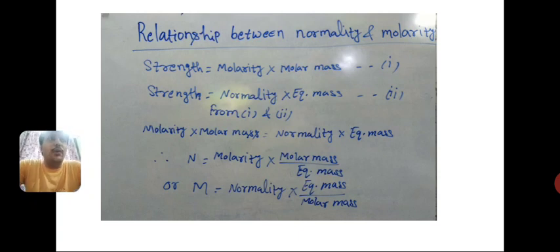So students, if you know normality, then you can find molarity by putting the value of molar mass and equivalent mass, right? Otherwise, if you know the value of molarity, vice versa, you can calculate from here. No need to write the complete formula and start from the initial one again. Okay students. Now students, this relation is going to be simpler for acids and bases.